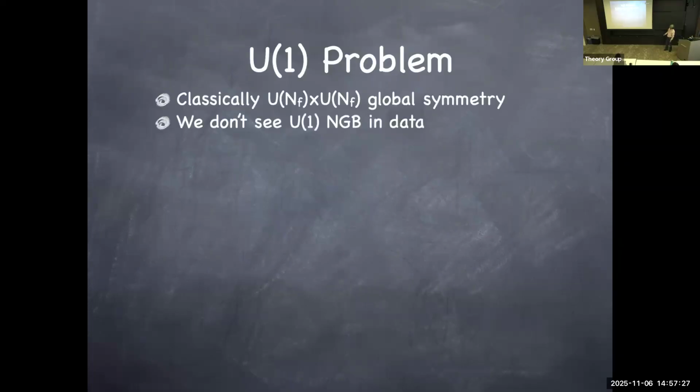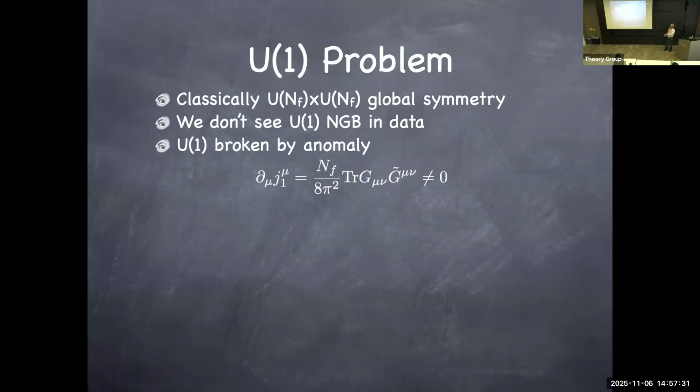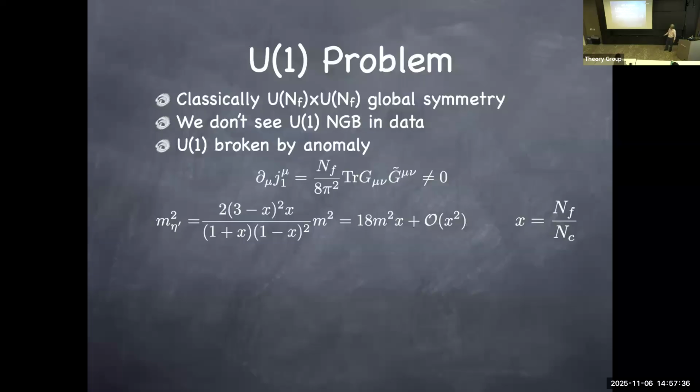And for the U(1) problem, I mentioned this U(1) Goldstone boson already, and the U(1) symmetry is anomalous. That's why people say that there's no problem with the lack of a U(1) Goldstone boson. But in this scheme, you can really compute the mass of the eta prime squared. And Witten told us that eta prime mass squared must be order 1 over N_C. Once again, by taking the limit where x = N_F over N_C goes to 0, this is order x, and therefore 1 over N_C. Again, that is the behavior you expect to see in QCD.